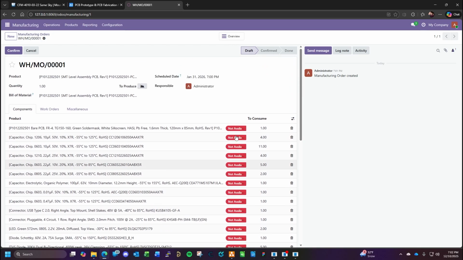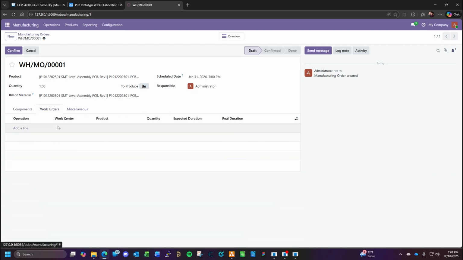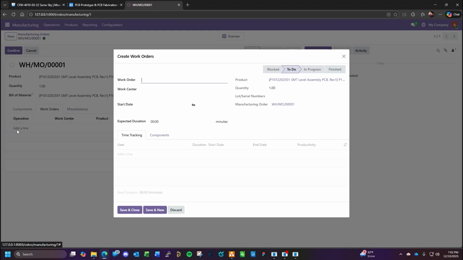Now, Odoo is supposed to have the ability to automatically start purchase orders, but I haven't figured out how to do that. So here we go. Work orders, miscellaneous, add line, work order. Okay, we might have to figure this out. Okay, time tracking, components,